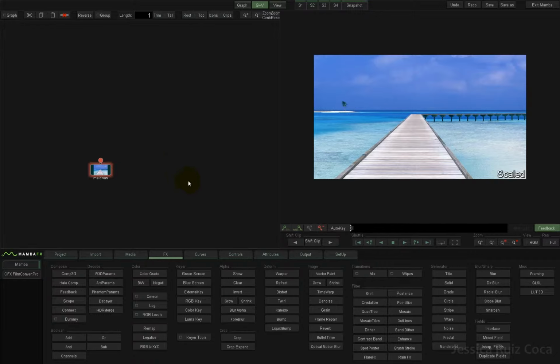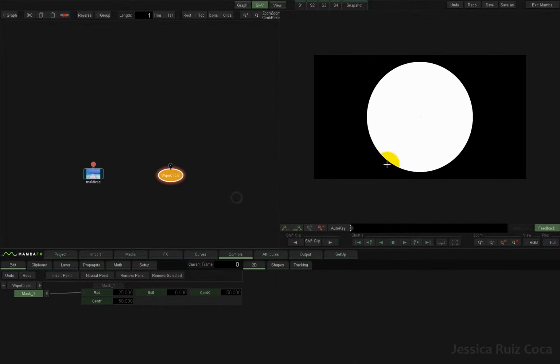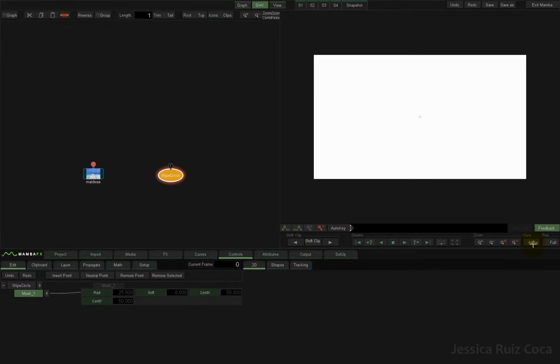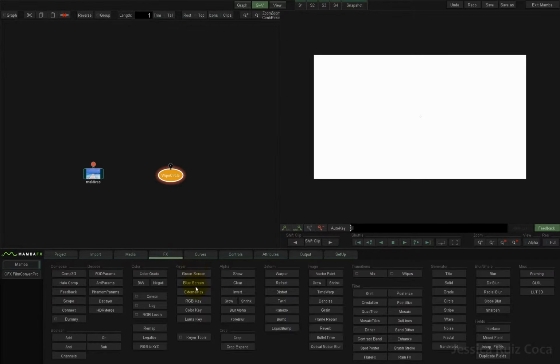Well, I'm going to start with the circle generator. So let's double click on it, and here we can see a big circle. So let's check our alpha channel. I'm going to go to alpha, and we see that there's no alpha inside. So let's add an external key,